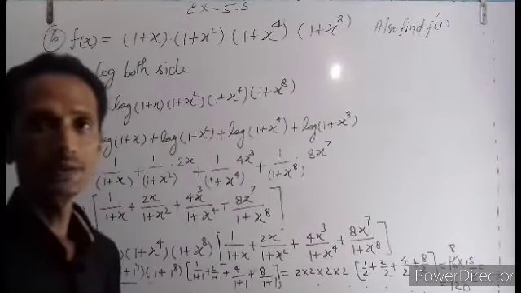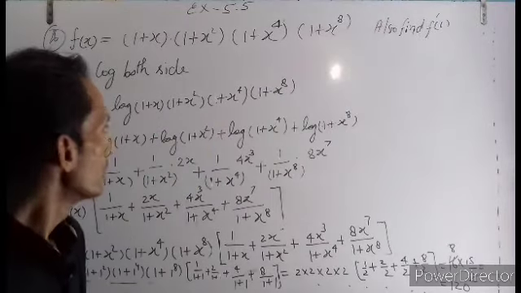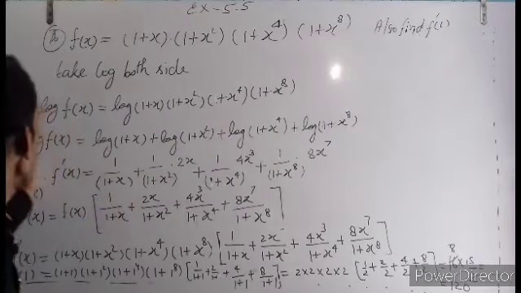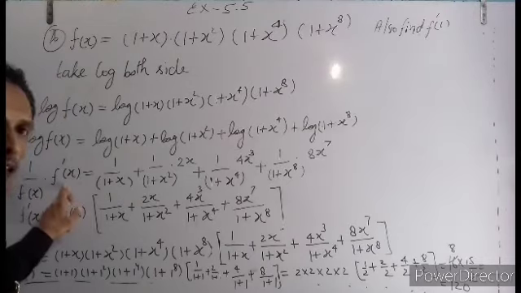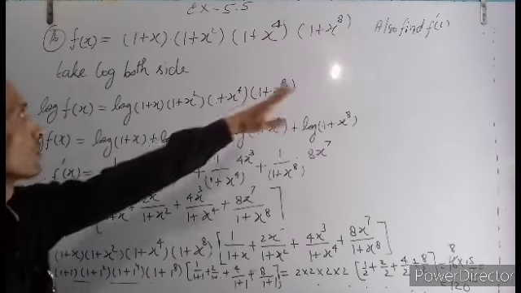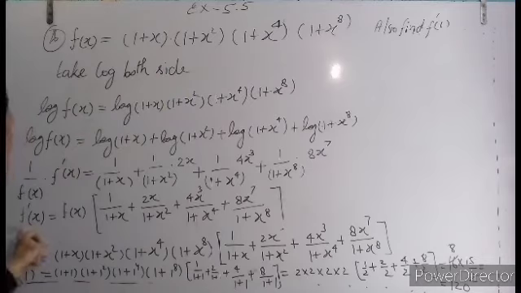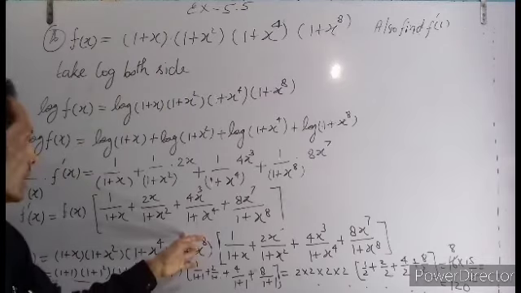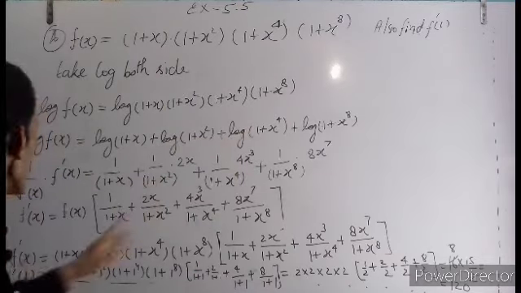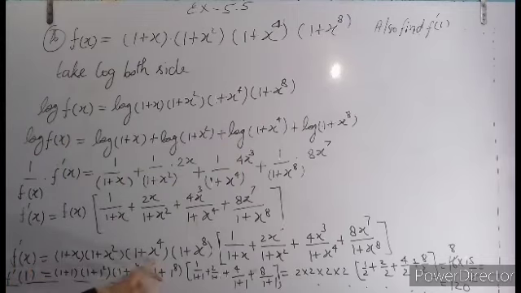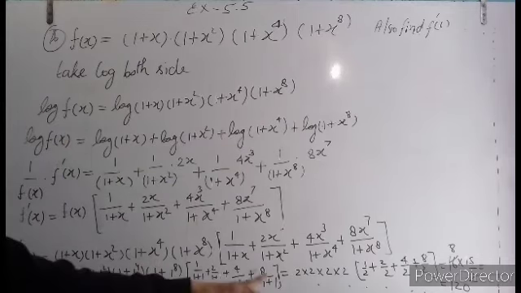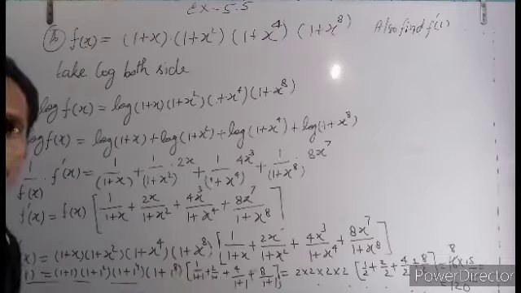Is that clear? Okay. So you have to do just only find the value of f dash x and put the value of f dash 1. So first we find the derivative. So derivative will come this one, and also find the f dash 1. So f dash x is equal to this one, then the value of f dash 1 will come in this way. Is that clear?